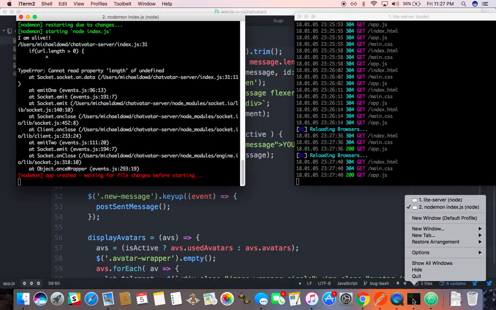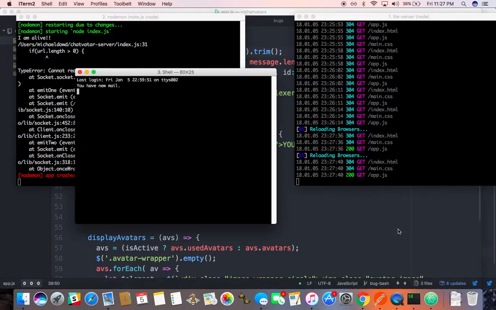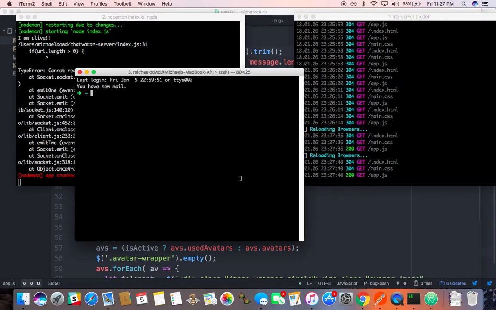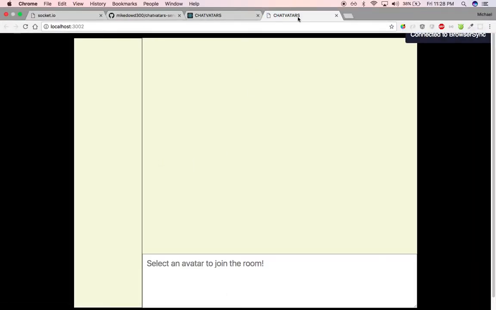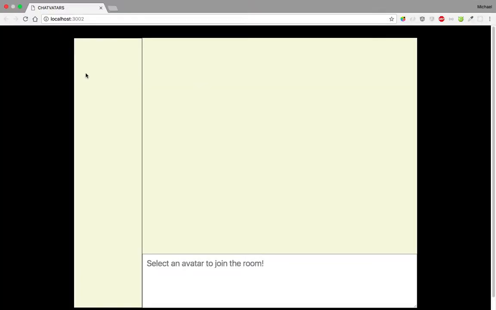Second new window, default, command plus plus, cd chatvatars and light server. Remember, by running light server again, it opens it on a different port. This is port 3002. So this one, which I'm going to detach,